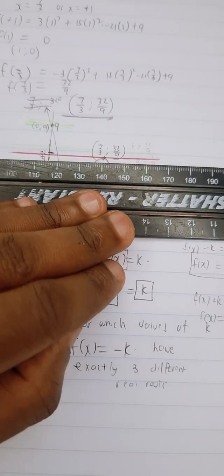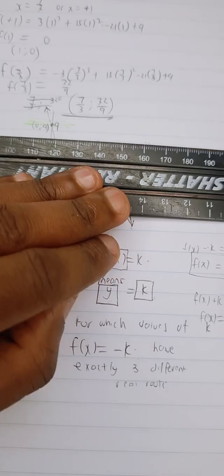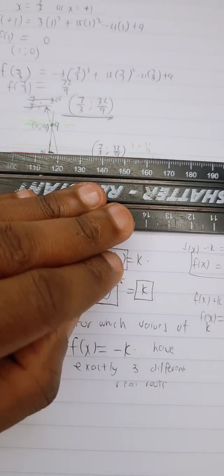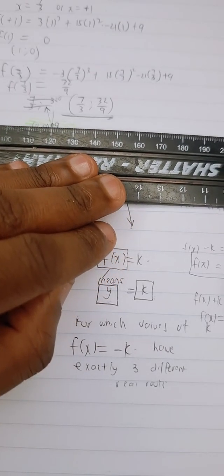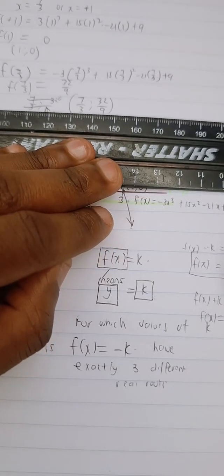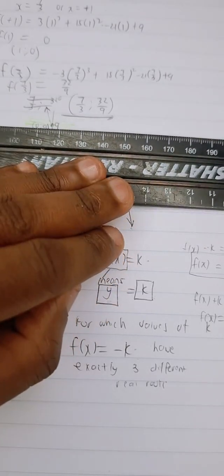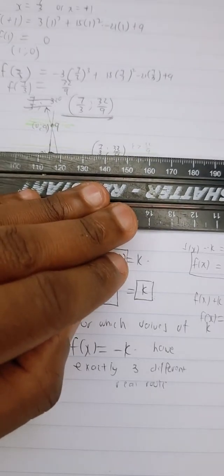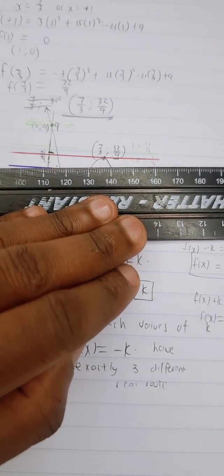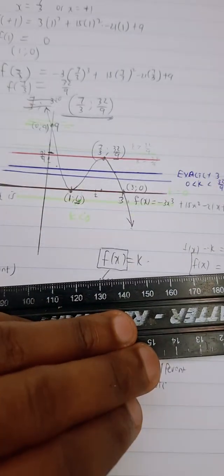But then all the ones for k less than 9 but k greater than 32/9, there is 1 root, and these roots are positive. But then here, the 1 root is 0. Then above k greater than 9, the 1 root is negative. All these below k less than 9, all of these roots are positive, all of them. None is negative, all are positive. Okay. So what I'm saying is that if now,